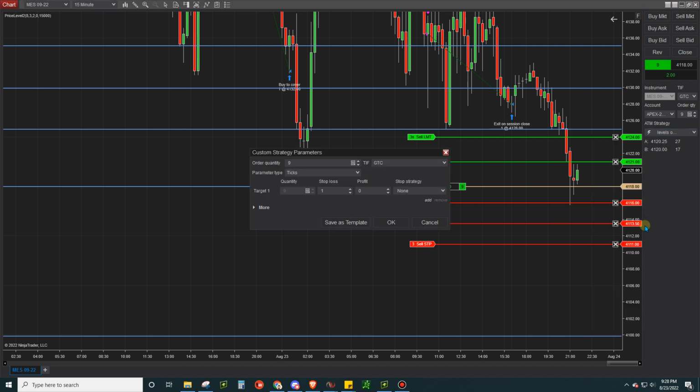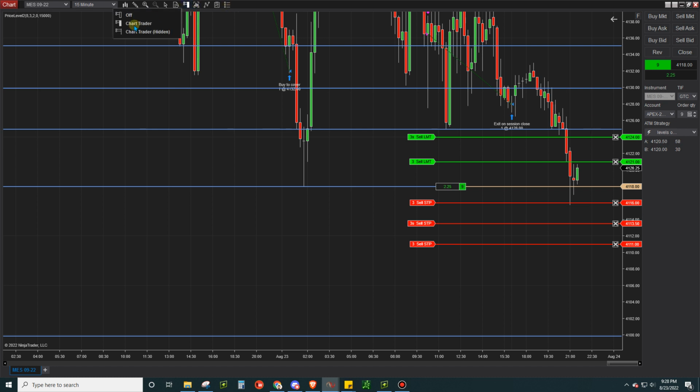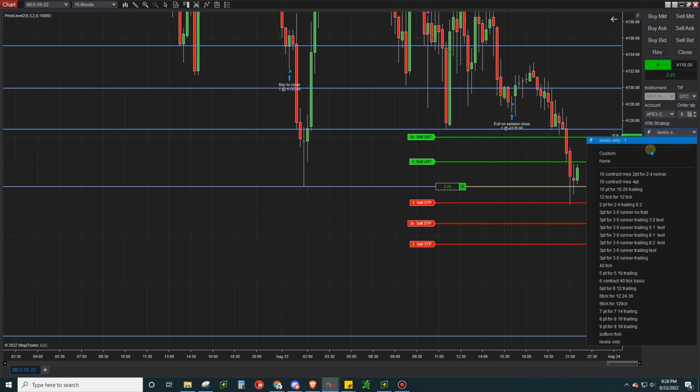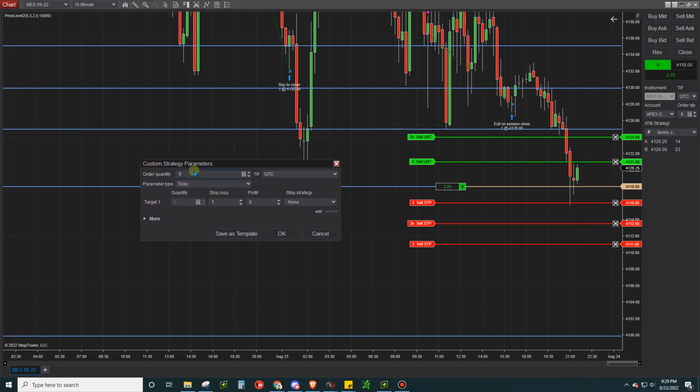So what that is, basically, you've got to have this sidebar here. That sidebar is going to be this chart trader, and you don't have to do that, but this is how I get to it. And then you go to custom here, and this is the one I'm messing with. I'm always testing new automated trade strategies, but you can set your quantity here, set your order quantity,